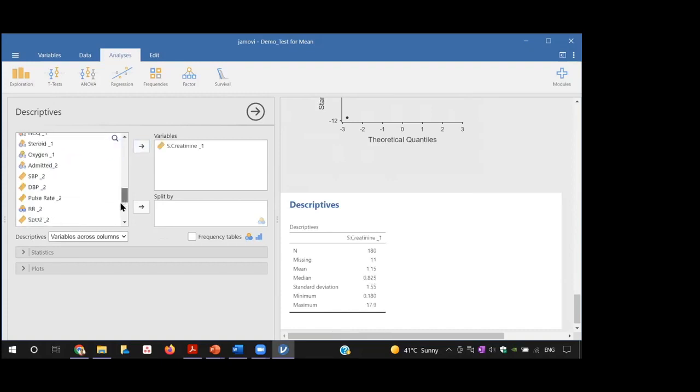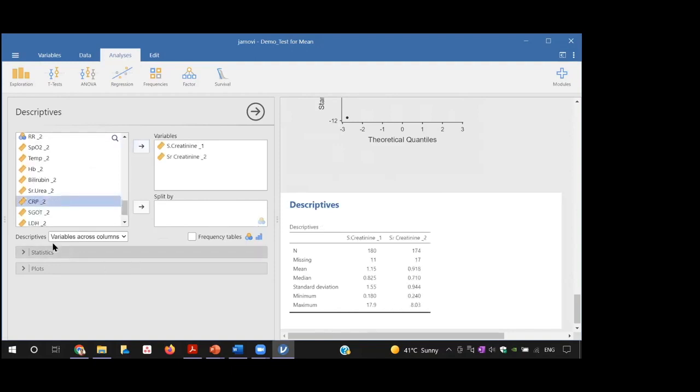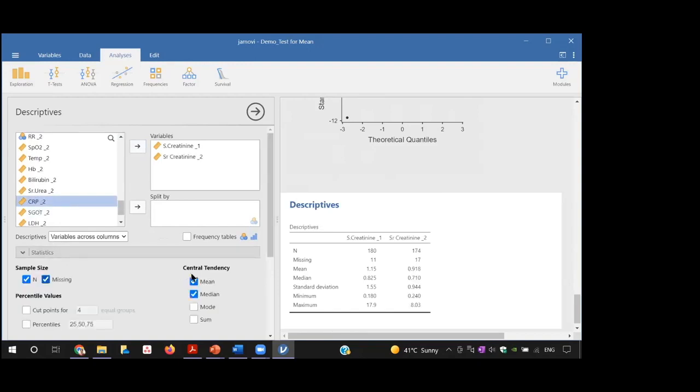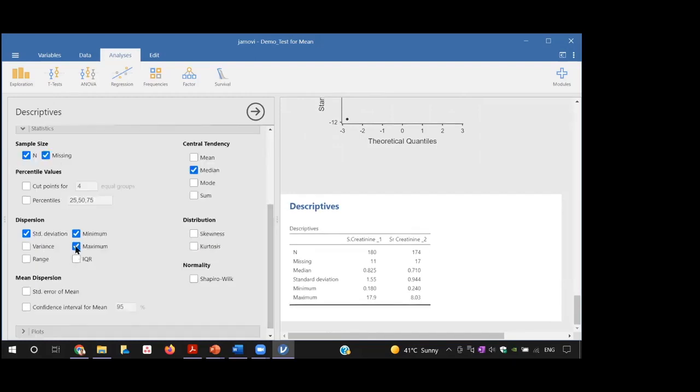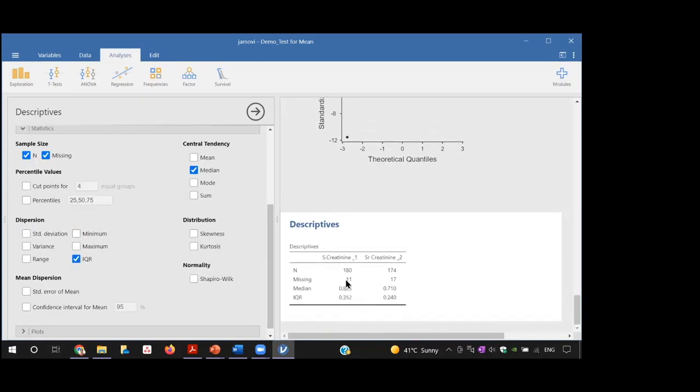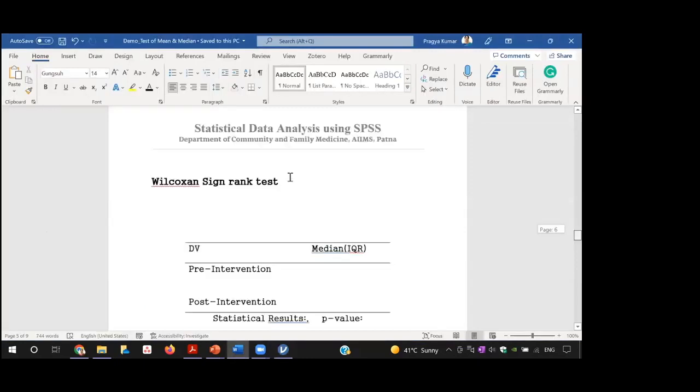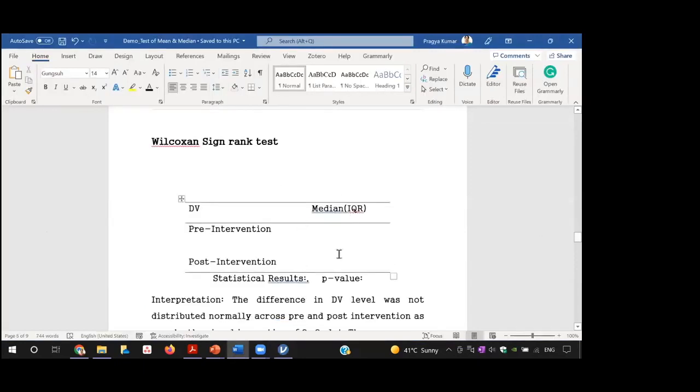So this creatinine 2 I will shift here, and then in the statistics I'll uncheck this mean and I'll check this IQR. This I don't want. So you can have median and IQR of serum creatinine 1 and serum creatinine 2. And this you have to write in the table, because if you see the table, it is the mean and interquartile range of the pre-intervention and the post-intervention, along with its value of the